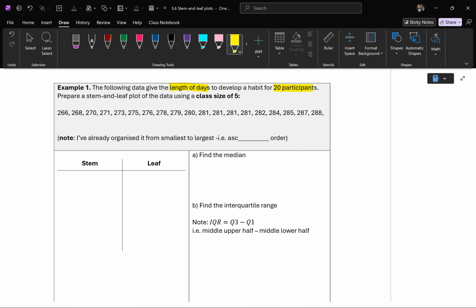That just makes your life easier when you write out your stem and leaf. But you would have to do the ordering yourself when you're doing the questions from the textbook. So here, what am I seeing? I'm seeing 266, and I can write then my stem to be 26, okay? And then my leaf will be 6. So together, 26 as the stem and then 6 as a leaf, this tells me that's 266,